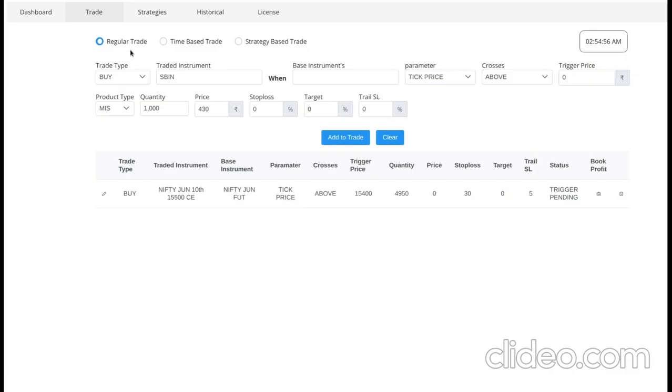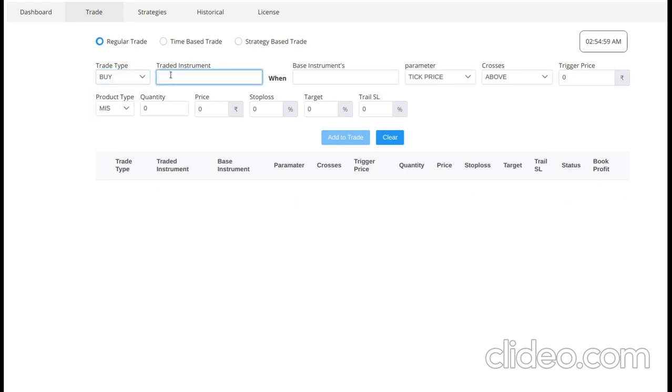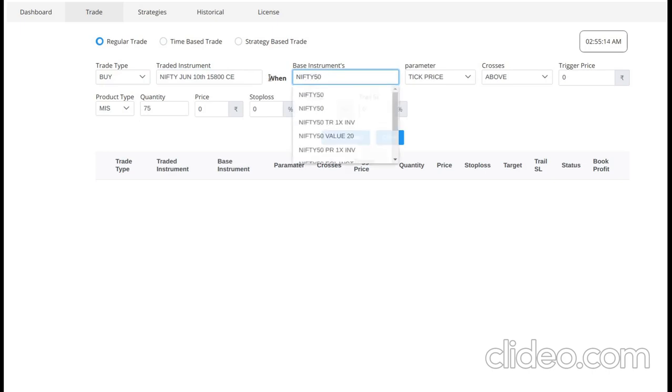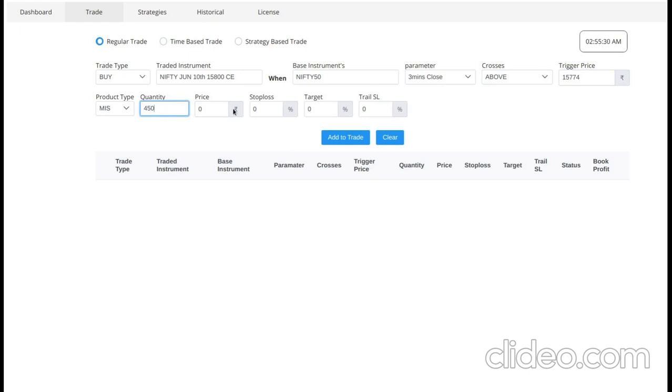Let's delete this one. I don't want to. So buy Nifty June 15,800 C whenever the Nifty 50 spot 3 minutes close is above 15,774, and you want to buy around 450 quantities, and I would like to buy it at the market price and then 30% stop loss, and you can also keep a target or the trailing stop loss. But what I wanted to say is